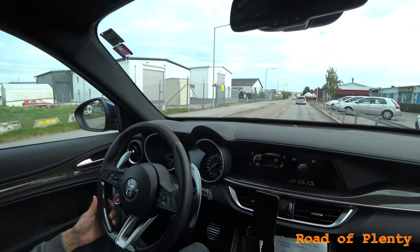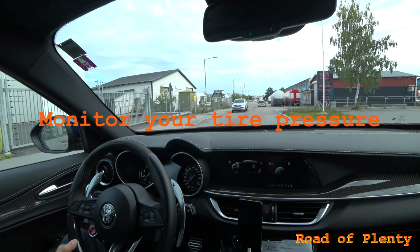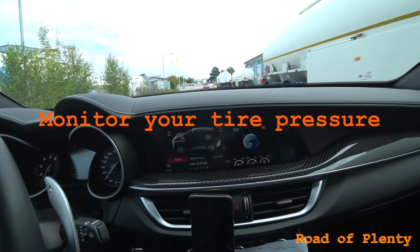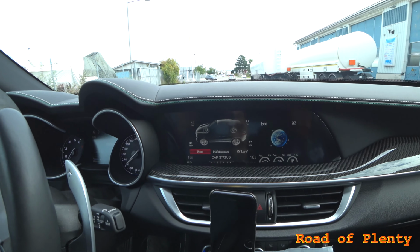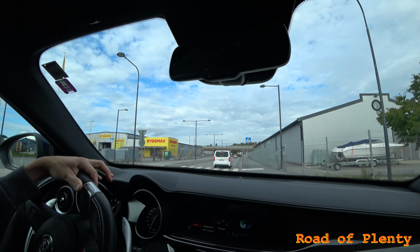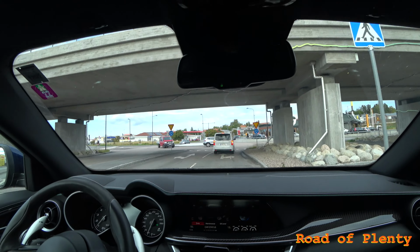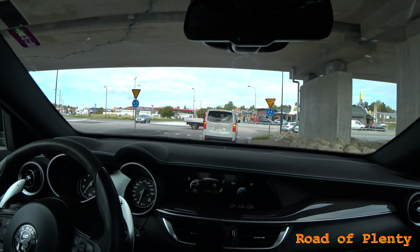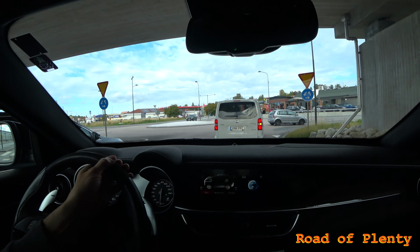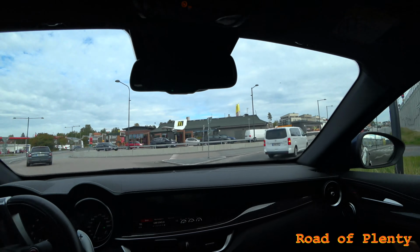So what you can always do is check that your tire pressure is okay. You can check it on your car if you have a modern car with a tire pressure monitoring system, or you can check it at your gas station. A lot of people are driving with too low tire pressure. I follow what it says in the user manual, which is always a good tool for anything in the car. If you have any questions about your car, just look in the user manual. Most things are written in the user manual. Anyway,